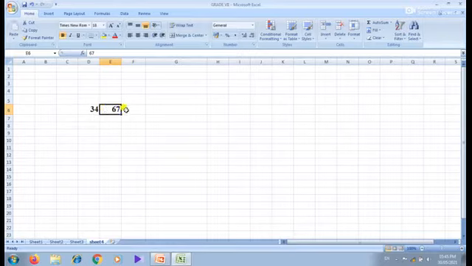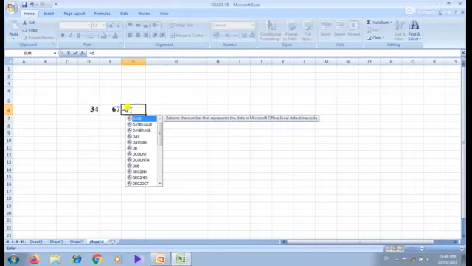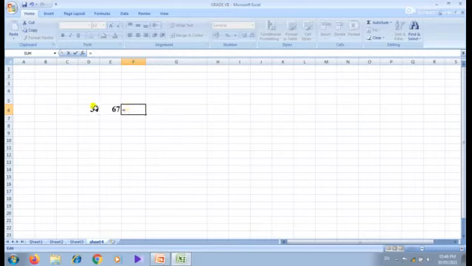Okay. So instead of using the value directly, here I am going to use cell references. Here the cell reference is what? For 34, D6. Here D6, then plus, then E6. Did you understand, student?